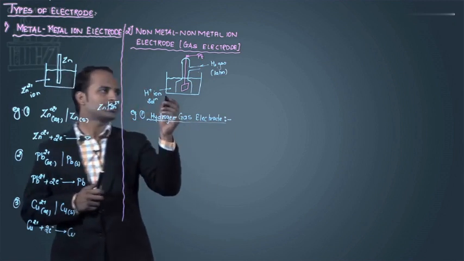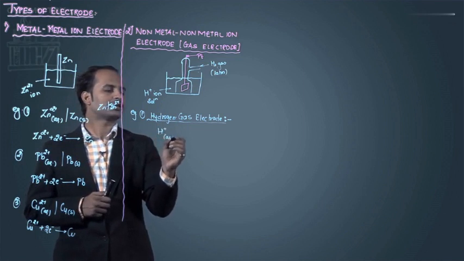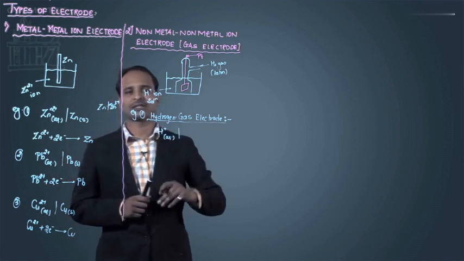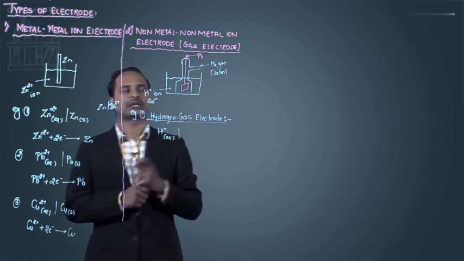Hydrogen gas electrode, how is it represented? First, I will write the H plus ion in aqueous medium. Then, generally, after the ions the electrode comes, but as I told you during the representation,